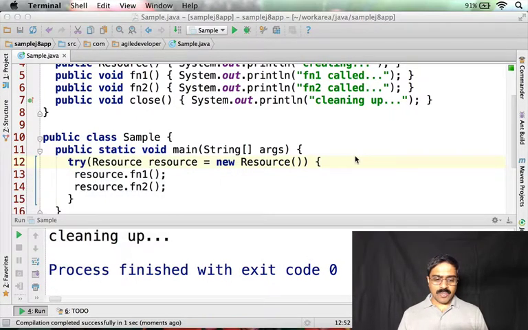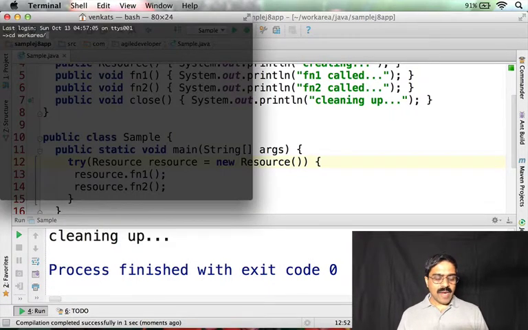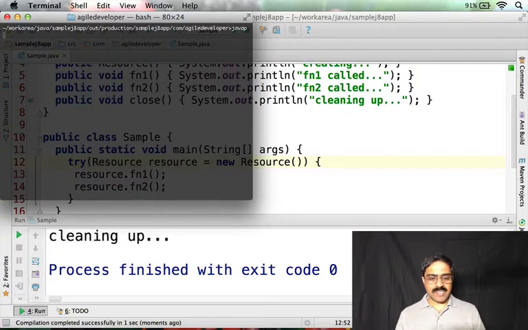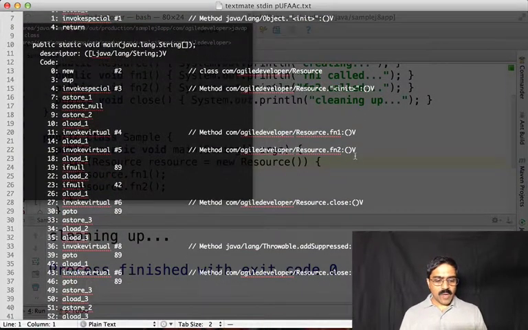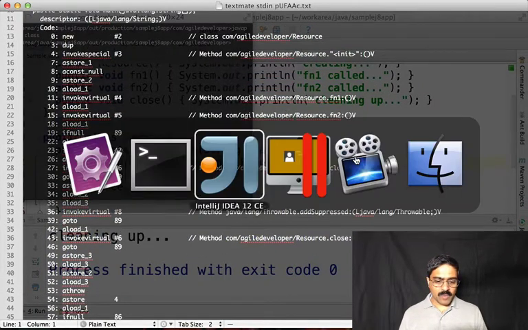So let's go to the terminal to take a look at it, and I have this code sitting here in sample code, and I want to go ahead and take a look at the bytecode. So I'll get down to where the compiled class is located. javap-c is an alias I've created for javap on my machine, and I'm looking at the sample class over here. And if we look at this at the bytecode level, what we would notice in here is in the main code, which is where we have this